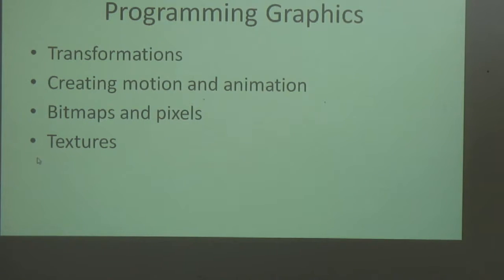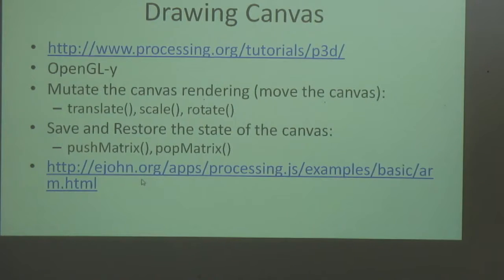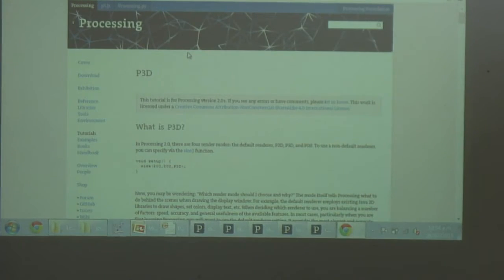We're going to try and bat through as much of it as we can in a single lecture. We will come back to it later on as well when we look at openFrameworks, but let's get into it. Some of the things we're going to look at are transformations, creating motion and animation, bitmaps, pixels, and textures. So in Processing, we can do 2D graphics